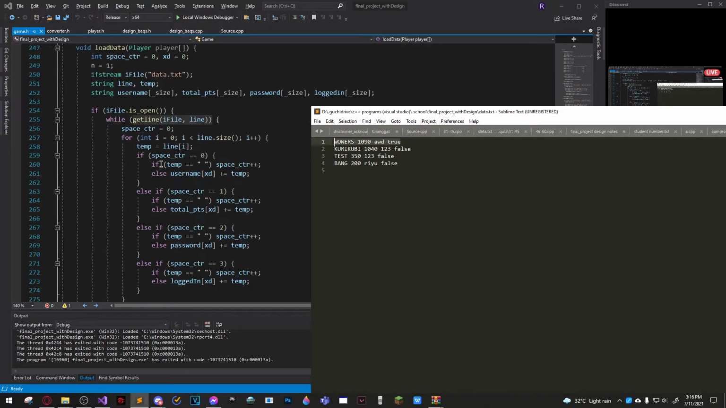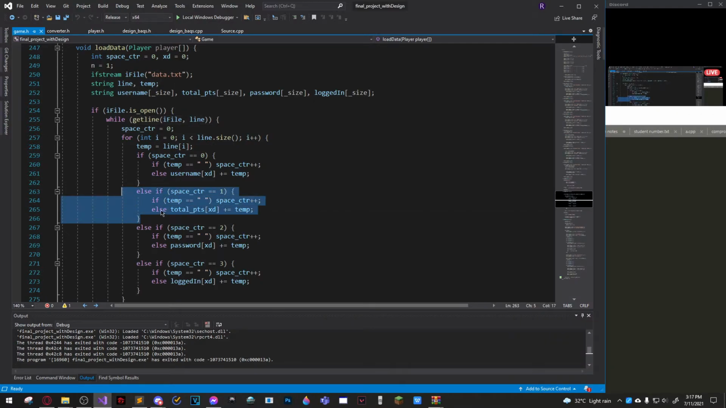It's going to check. I have here a space counter, so this basically detects how many spaces I have gone through. If I haven't gone through any spaces, then obviously I'm still at the username part, so this is going to be executed. And if it detects the first space, then it's going to run this one. So it's going to be stored in the total points here,